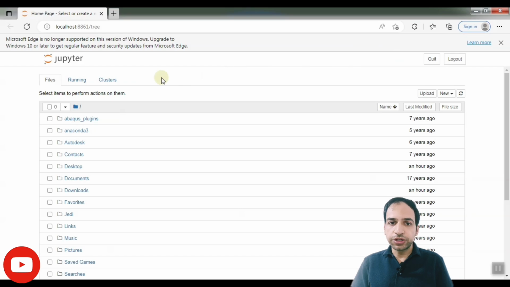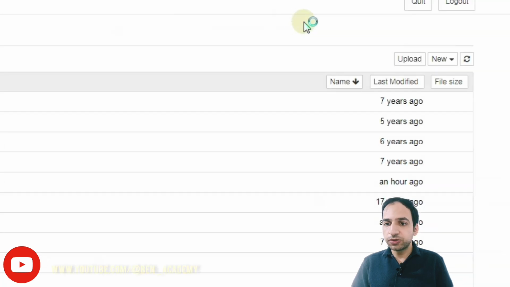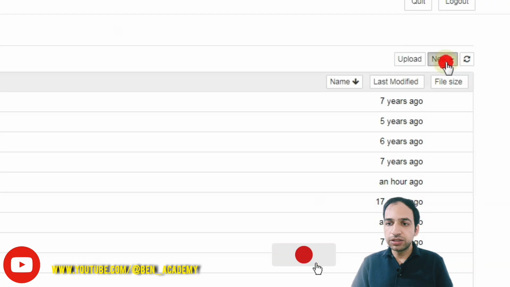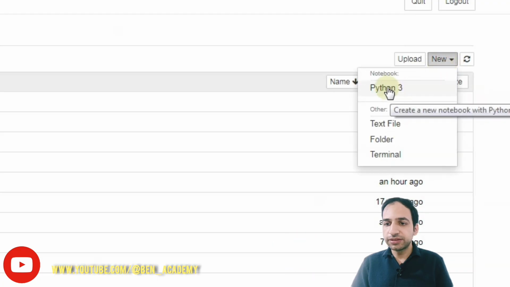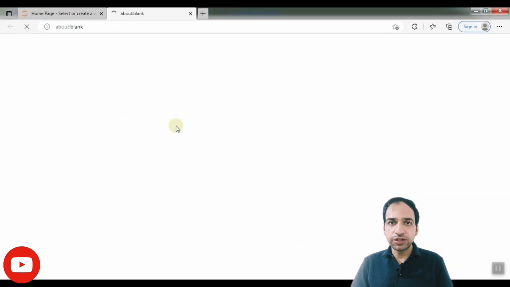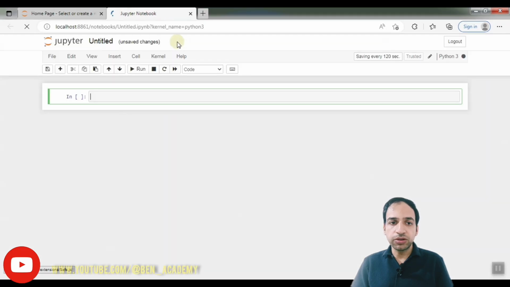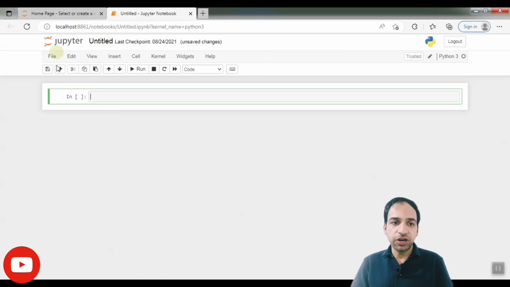To start the work and to open the Jupyter Notebook environment, you should click on New, and if you click on Python 3, you can see that another tab is opened and Jupyter Notebook is going to be open for you. This is the main environment of Jupyter Notebook, and I will introduce different parts of it for you to start. And in the next videos, you will be able to work with the different icons and different menus,